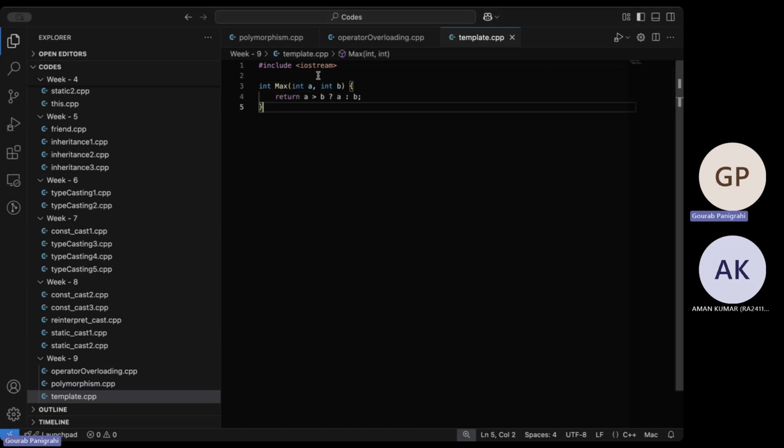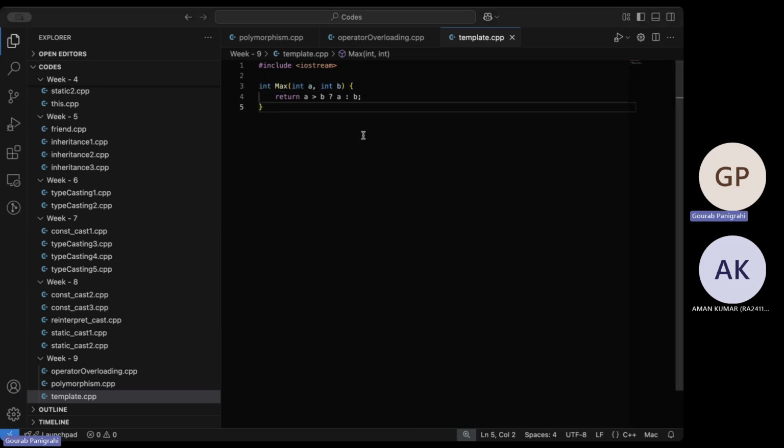So let a and b be two integers, and the return will be a if a is greater than b, else this will be b. Essentially, a ternary operator to say which one we want to return depending on if a is greater than b or not. So this takes integers a and b and returns an integer.